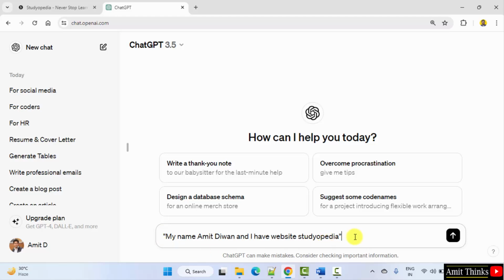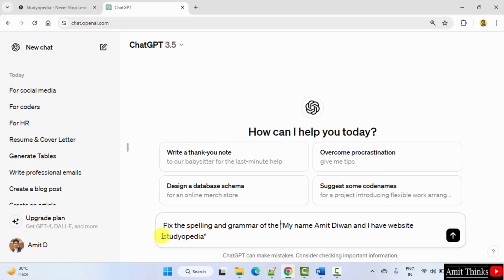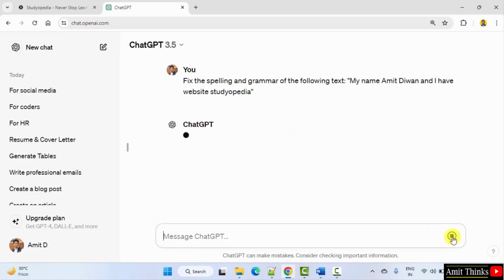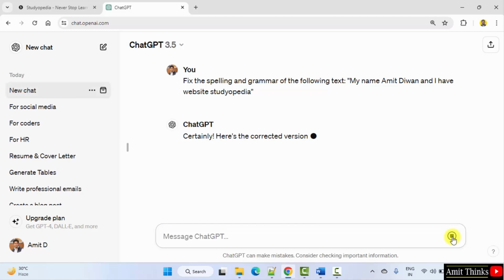I want to check the spelling. What I'll write? Fix the spelling and grammar of the following text. Let's see what will happen. Okay,